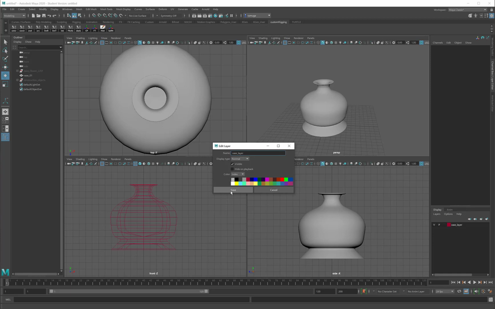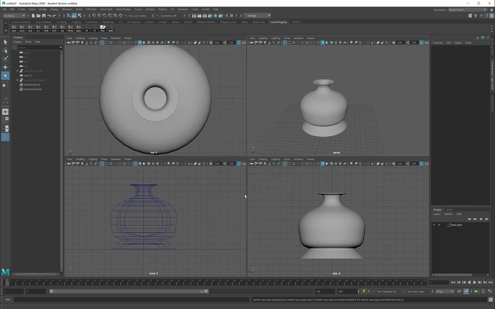So far as I'm concerned, we're all going to have really beautiful gray flowers and gray vases, and it's going to look great in a very gray way. So that's all this color does. It just changes the wireframe color of the objects on the layer. So I've set this back to no color. We'll say save, and I am going to set this back,